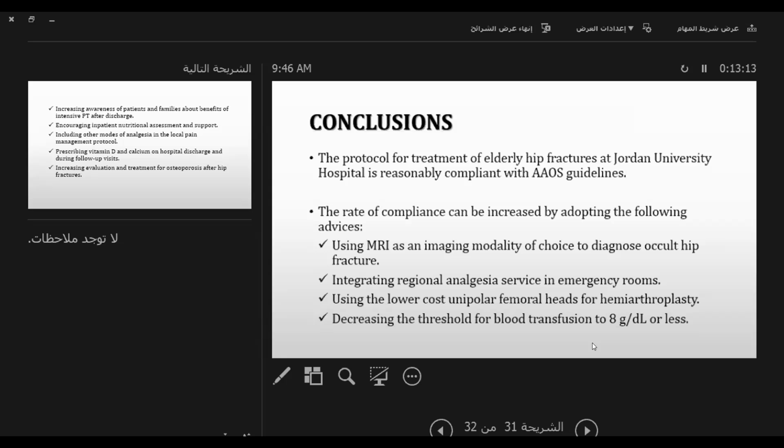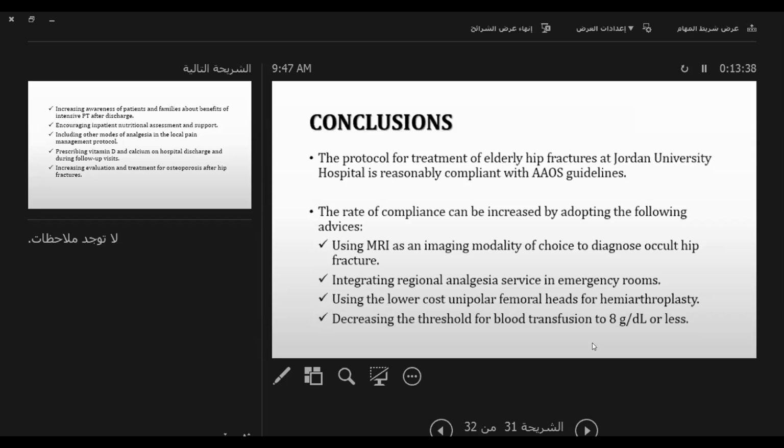AOS guidelines. The rate of compliance can be increased by adopting the following advice: starting by using MRI as an imaging modality of choice to diagnose occult hip fracture, integrating the regional analgesia service in the emergency department, using the lower cost unipolar femoral heads for hemiarthroplasty cases, decreasing the threshold for blood transfusion to